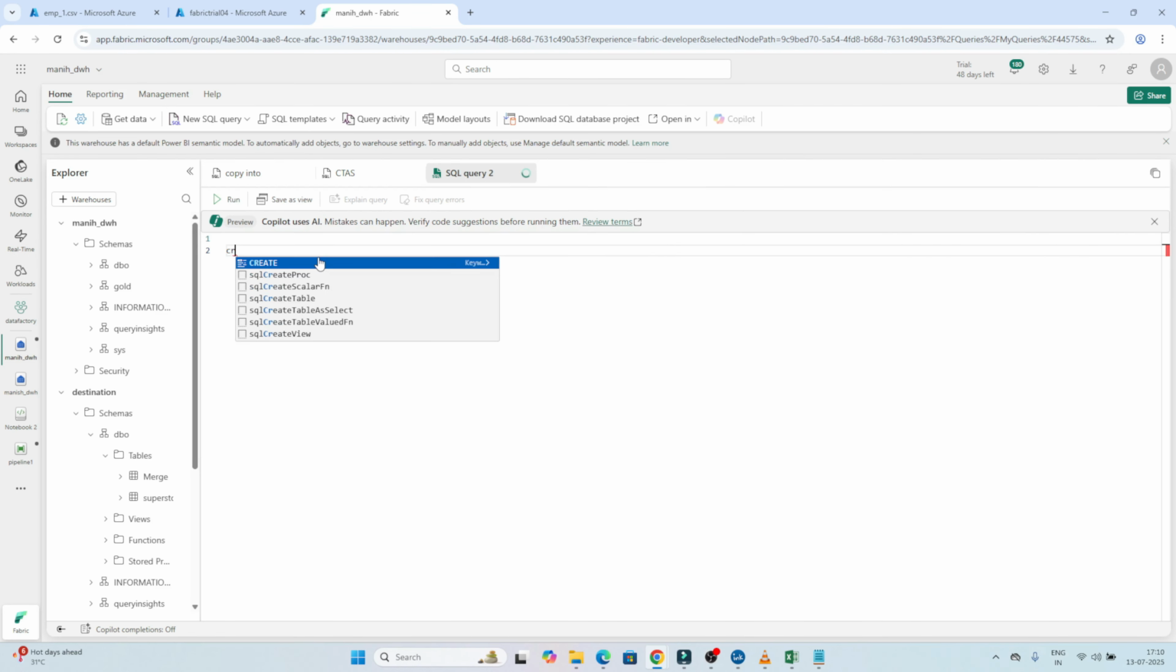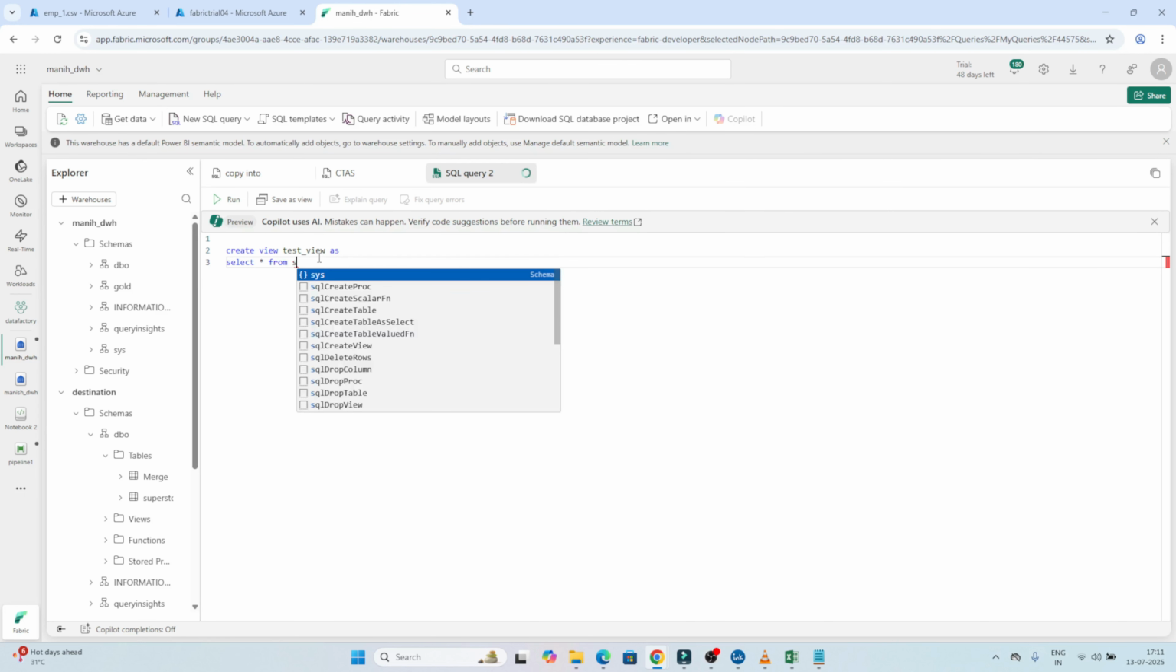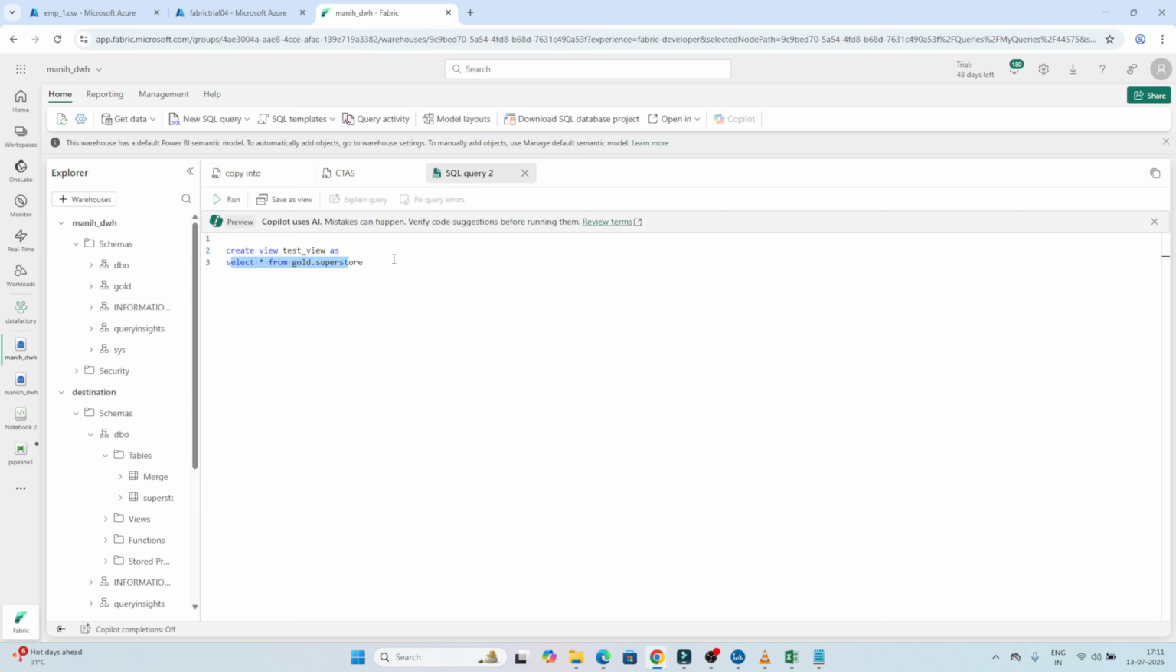For creating a view, you write CREATE VIEW and the view name. Suppose I want to create a test view, and after that you write your query. So suppose I want to create one view: SELECT star FROM gold.superstore. As of now, I am creating it based on this table only, but suppose you have a very complex query where you are writing multiple lines of join operations, you can write all that complex query here. Now if I execute this,